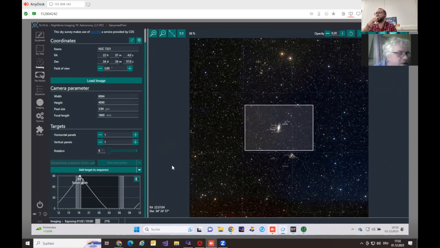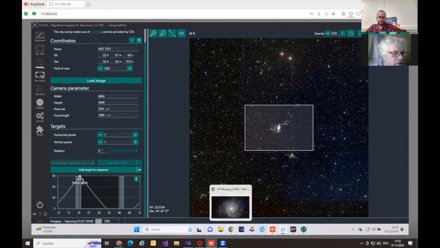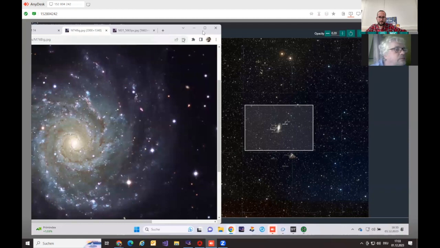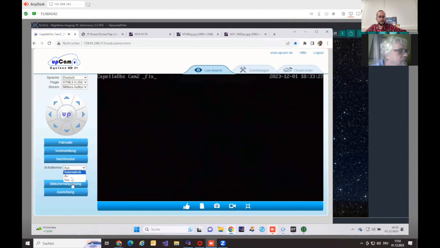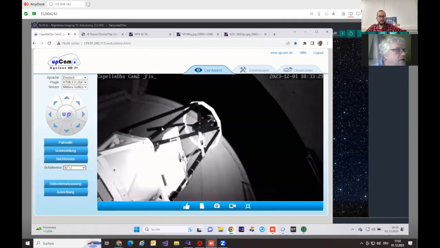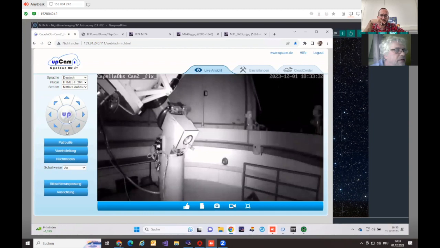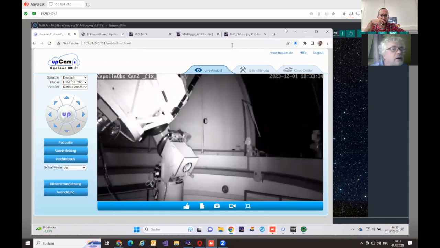Okay, this one is already above on the west side, so the highest position of this target is already reached. We are a little bit on the west side. So if we move to this target, we will see that the telescope is swinging back. You see the telescope is on the left side of the pier. And if I start